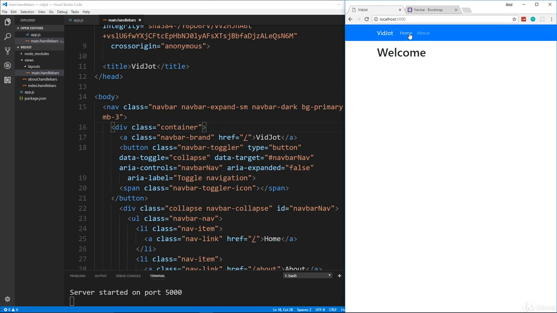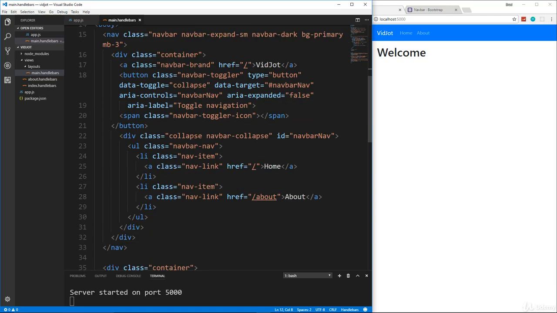All right, so there's our application. Now if we go to about, you can see we can switch back and forth now to each route. All right, so the next thing I want to show you is how to create a partial with handlebars, because